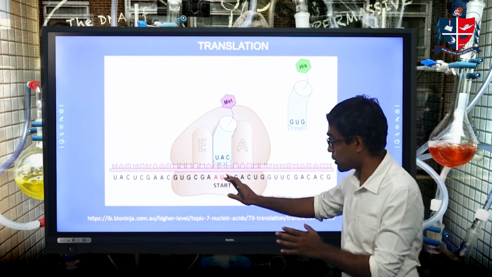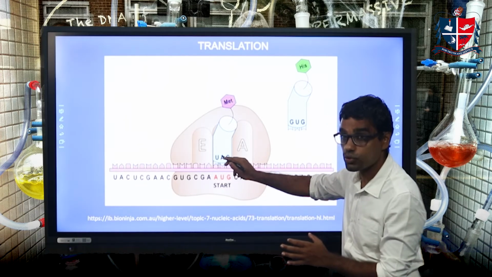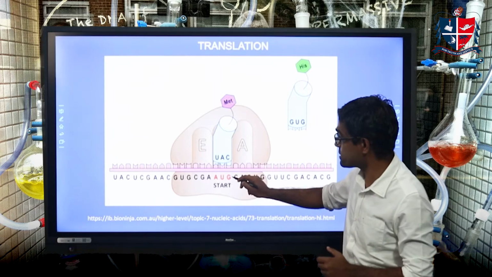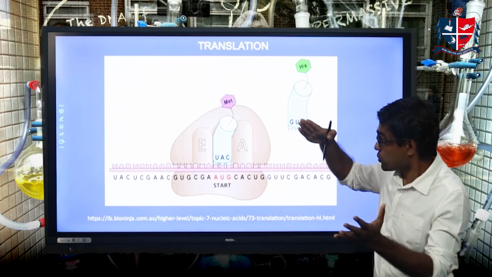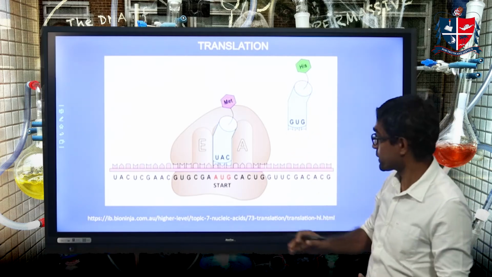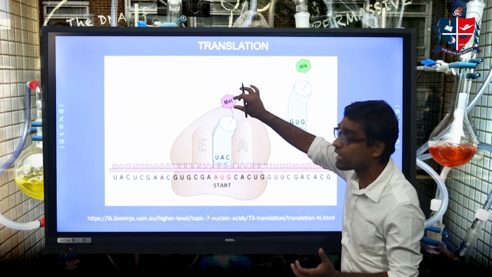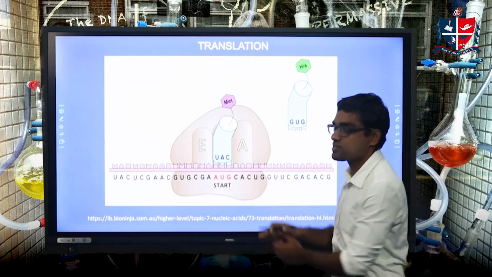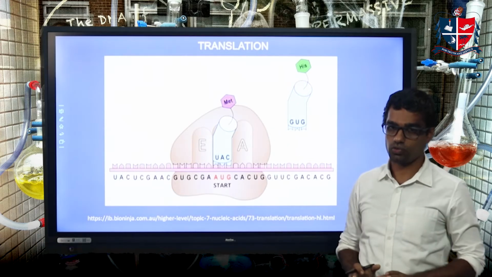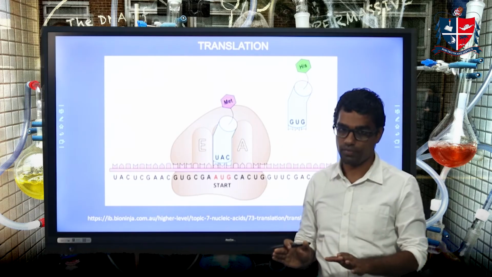When the start codon AUG comes, UAC comes because A is complementary to U, U is complementary to A, base pair rule, and G is complementary to C. So UAC binds to AUG perfectly, so that this aminoacyl tRNA, that is this tRNA carrying this specific amino acid, binds to this site, so that it is ready, that is inside the ribosome. So the first amino acid is always a methionine derivative. It's a methionine amino acid.